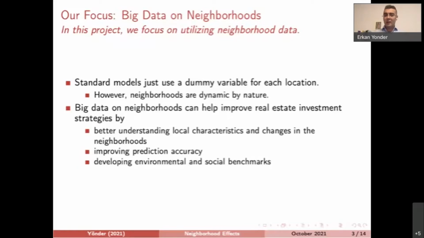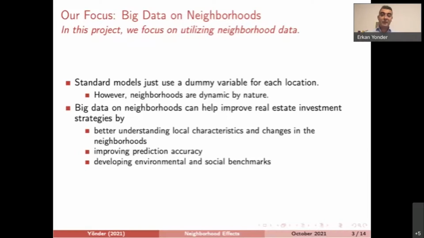So instead of saying that a typical property in downtown Montreal is 20% more than the assets in the suburbs of Montreal, which doesn't tell us much about the price dynamics or what's going on behind this 20%, we can look into those characteristics and understand the dynamics and the factors behind that. I'll come to that in more detail in the coming slides.